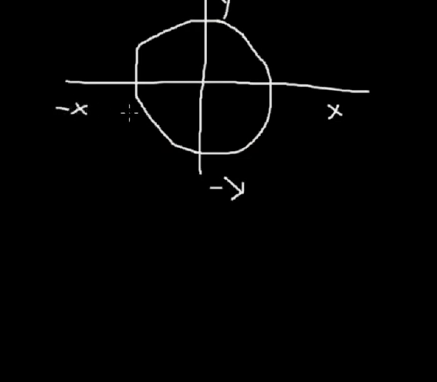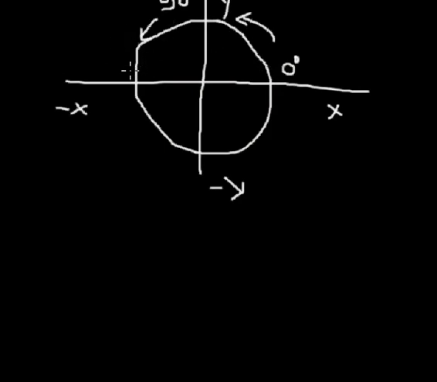So now we have 4 quadrants, and we know that the 4 quadrants make 360 degrees. This positive side makes 0 degrees and this makes 90 degrees. And if you move in an anti-clockwise direction to the 3rd quadrant,